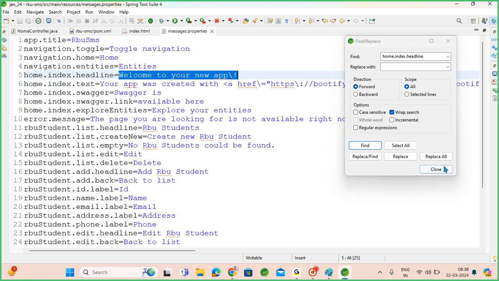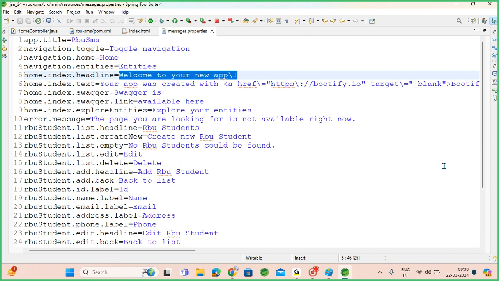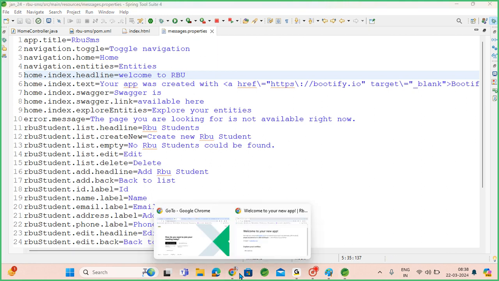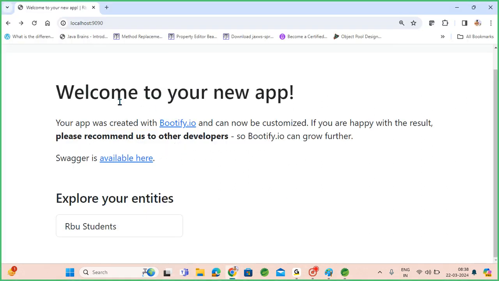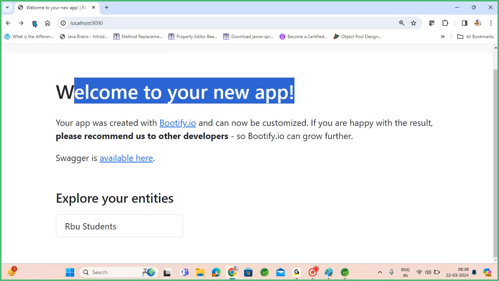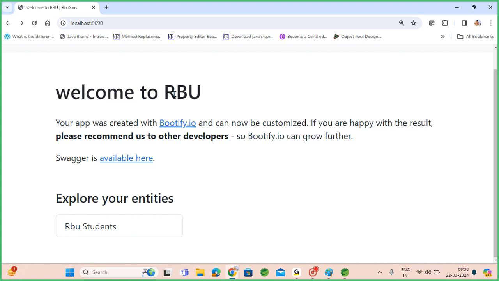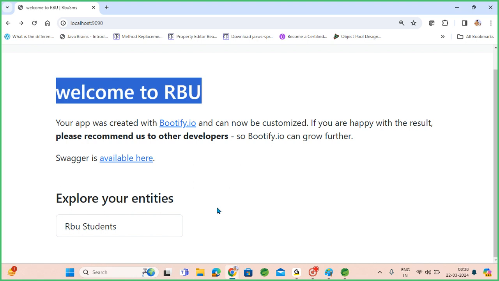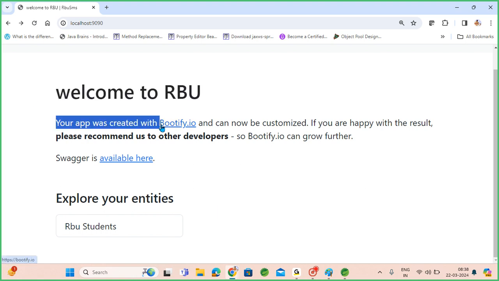You can customize this. Here I'll put welcome to RBU. So now this will get refreshed. Before it was welcome to new app, whereas now it is welcome to RBU. And this is generated from Bootify. I don't want it. Your app is created with